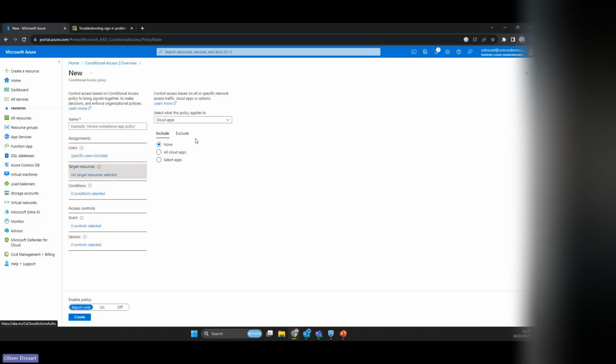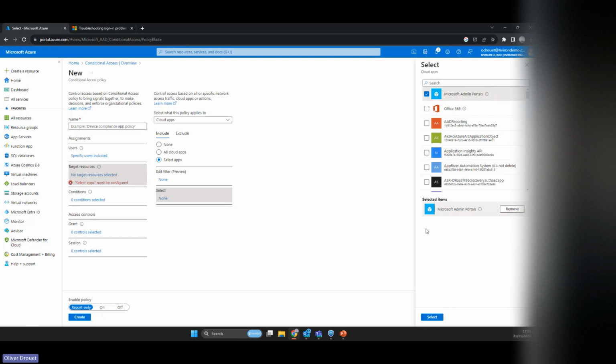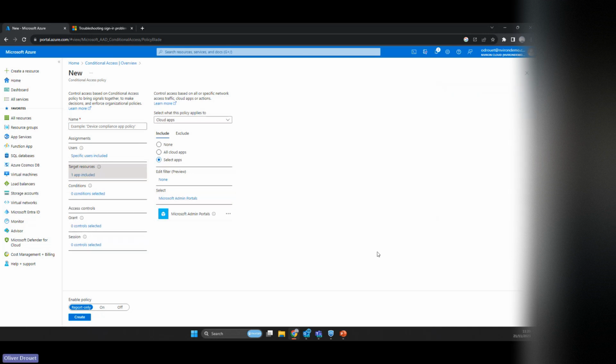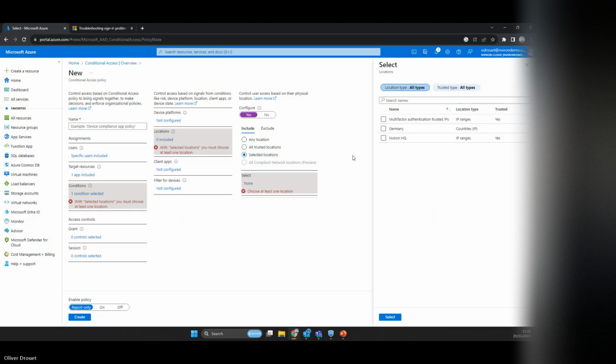I'm going to go to target resources. Now there's a multitude of different areas you can select here. But what we're going to do first is go to cloud apps. I'm going to go to select apps, and I'm going to select down here. And once it loads up, I'm going to select the admin center, Microsoft admin portals, and click select. Now that application is targeted and we have users who are specifically referred to within the policy, I'm going to set a certain condition. I'm going to go to conditions here. I'm going to go to locations, and I'm then going to go to configure, and I'm going to go to a selected location, and I'm going to pick the Nviron HQ, which at the moment is identified via the IPs that the device logs in with. So I'm going to click select,